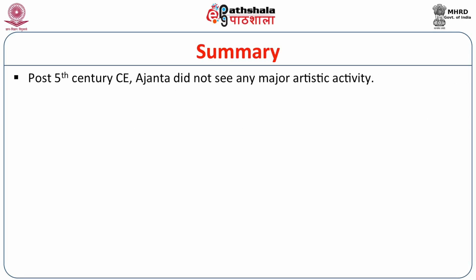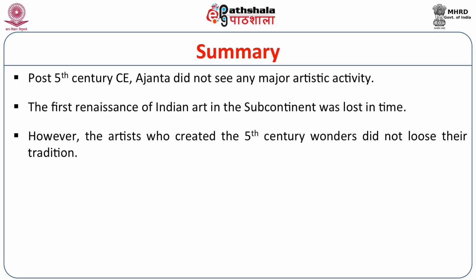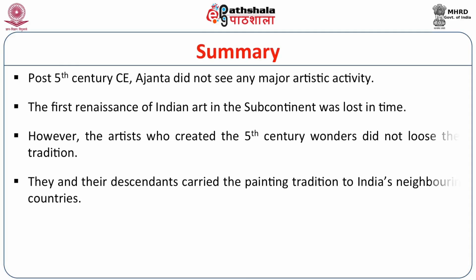Post 5th century CE, Ajanta did not see any major artistic activity. The first renaissance of Indian art in the subcontinent was lost in time. However, the artists who created these wonders did not lose their tradition. The artisanal groups migrated to various places in India, bringing about new philosophies and depicting various scenes, not just from Buddhist philosophy or tales, but also from Hinduism as well as Jaina in other